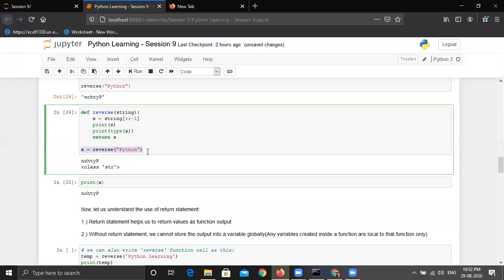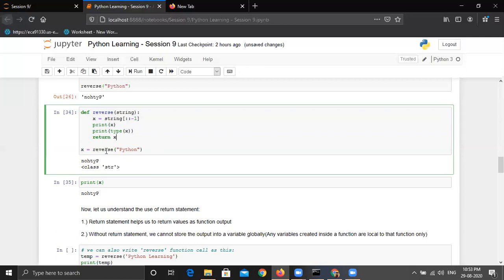It is different because it is in the same hierarchy as def. This is a function definition where you have to indent. This is the functionality that is being performed by this function.